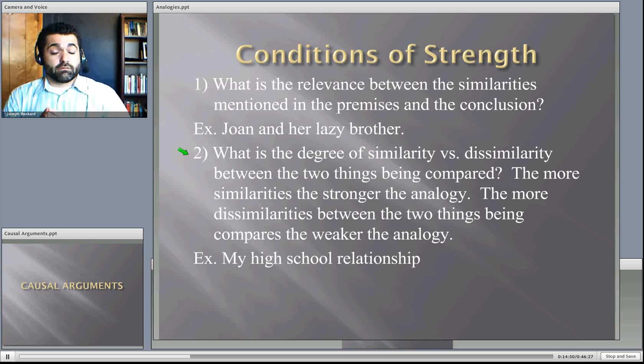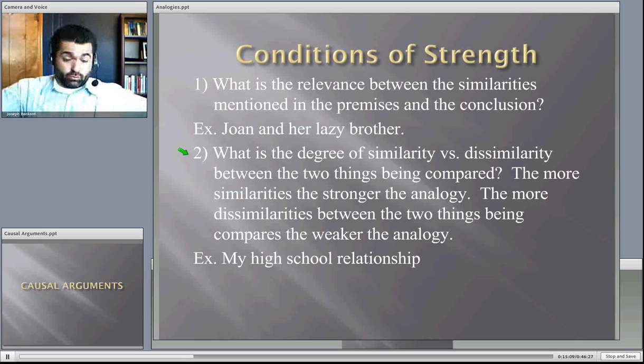So again, if I try to look at the circulatory system of a leaf, I inject it with something and I watch how it goes through the leaf. And then I try to make conclusions about the human circulatory system. That's not a good analogy. There are some similarities between a leaf circulatory system, like a tree, roots a tree up to the leaf, and a human circulatory system. But there's way too many dissimilarities.